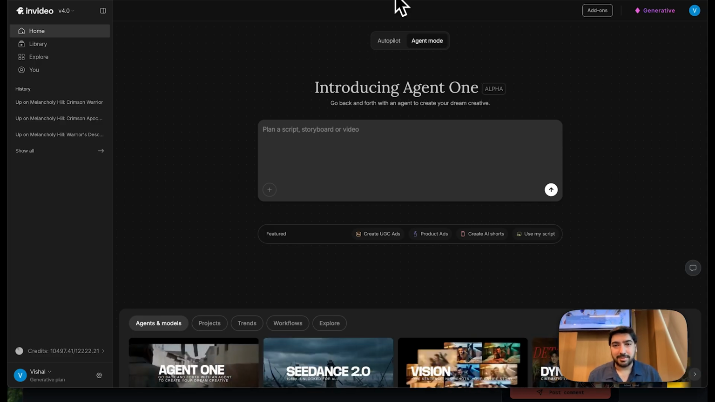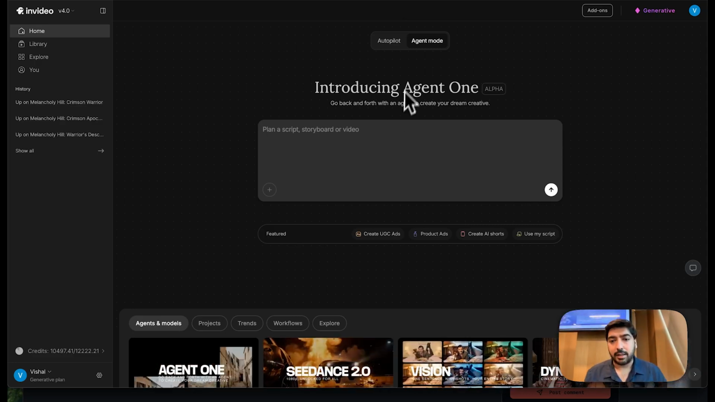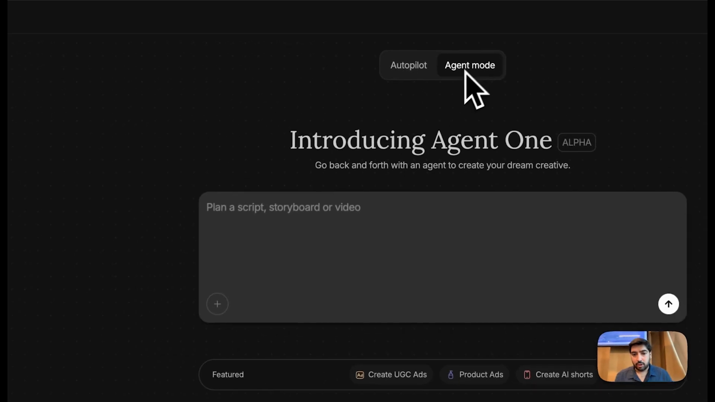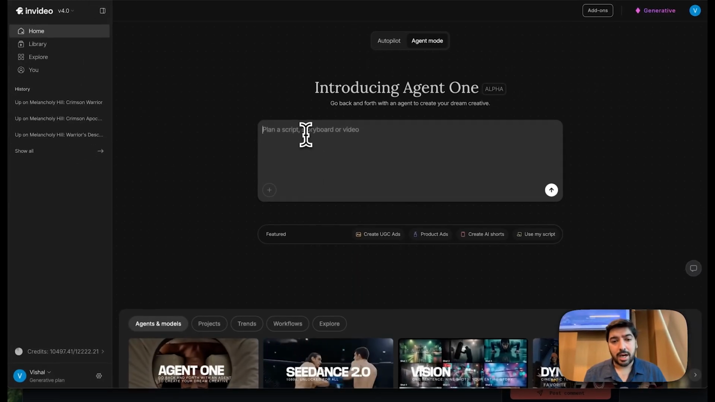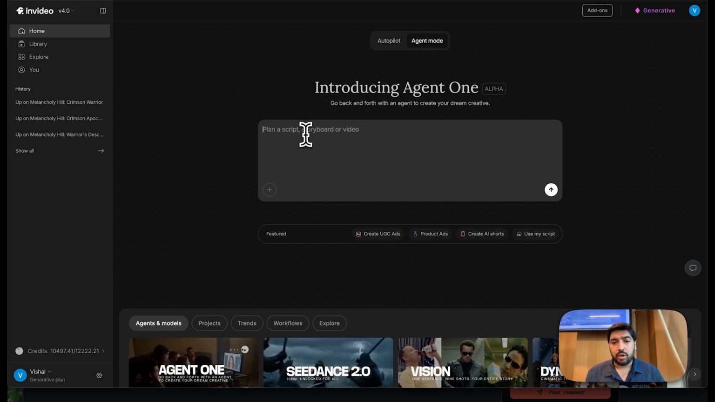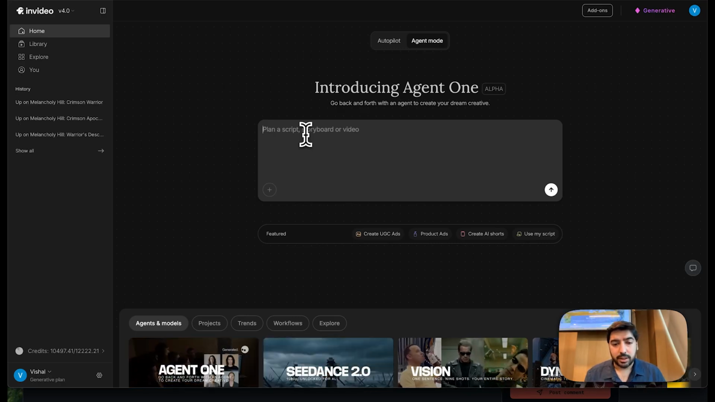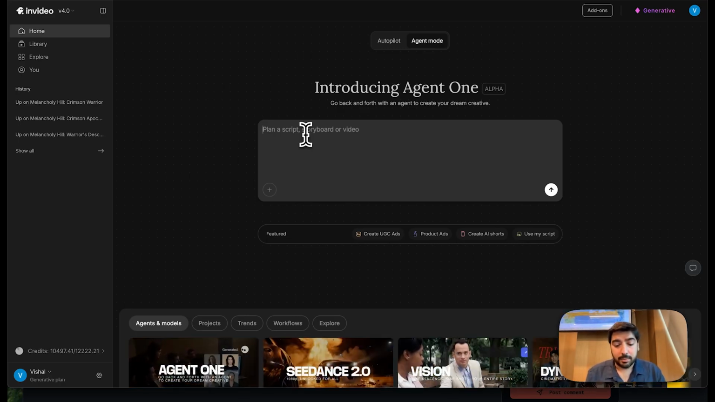So let's get started. As you can see here, this is the home page and here we have clicked on Agent mode. What you can add here is a short brief, or you can also add just a one line of what you want to do to tell the agent essentially what needs to be done. For example, I'll type in